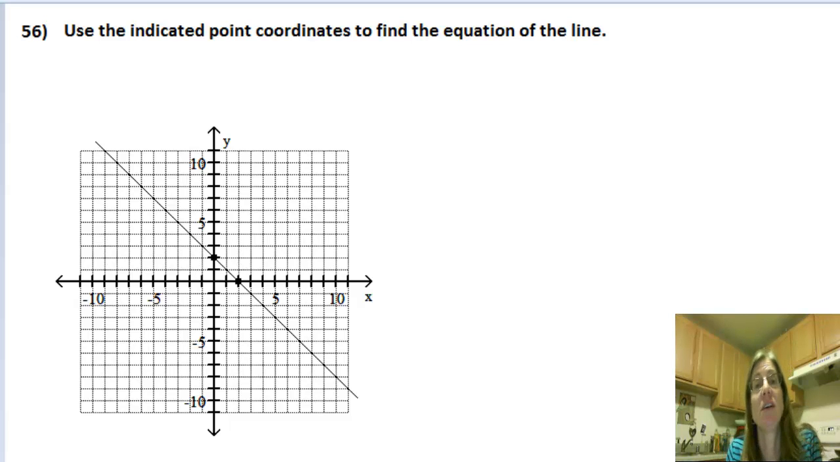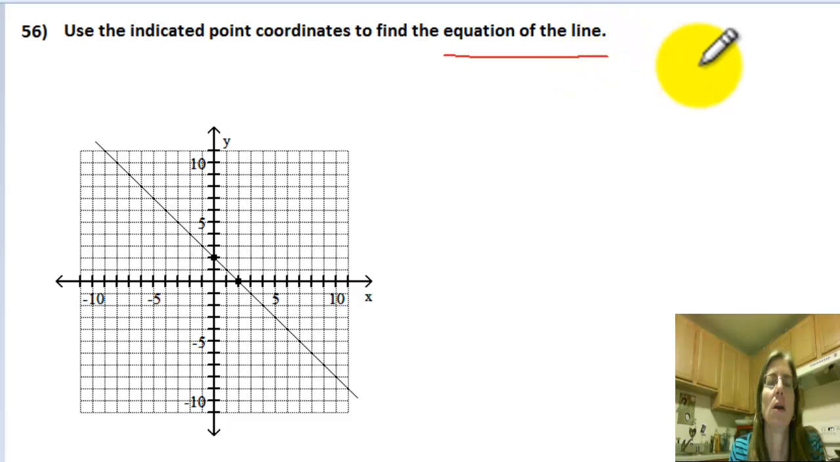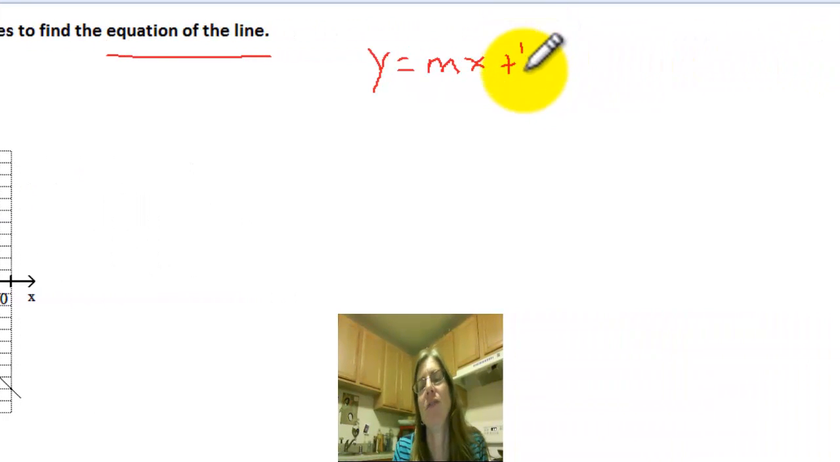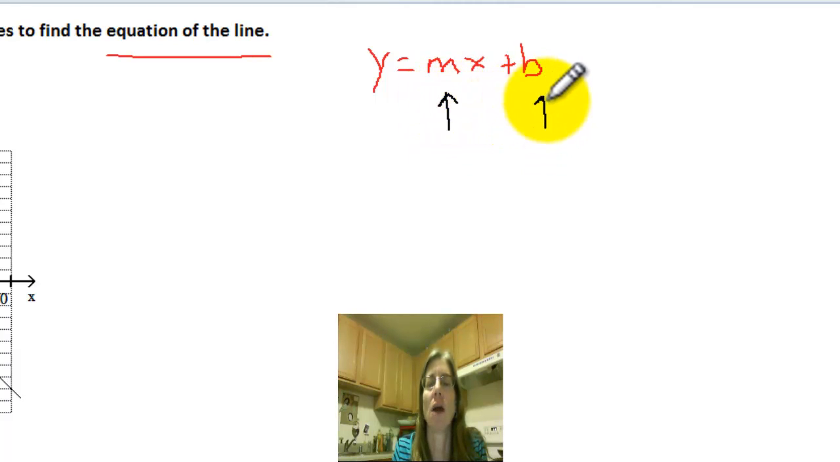Alright, this is problem 56 of the final review. It says, use the indicated point coordinates to find the equation of the line. So the equation of the line, of course, is our equation of y equals mx plus b. And when they say find the equation, what we have to find is the slope and the y-intercept,